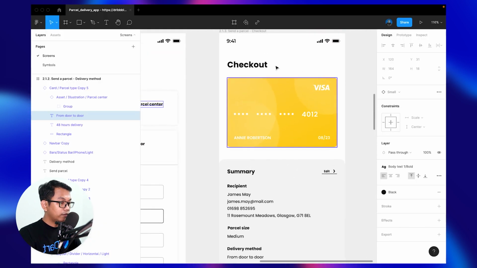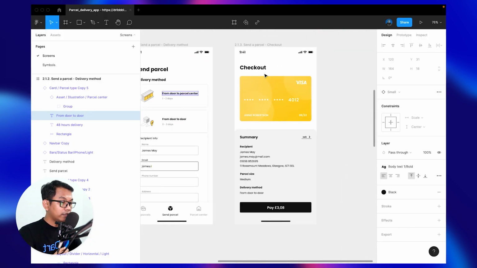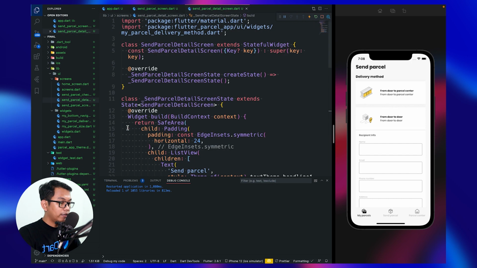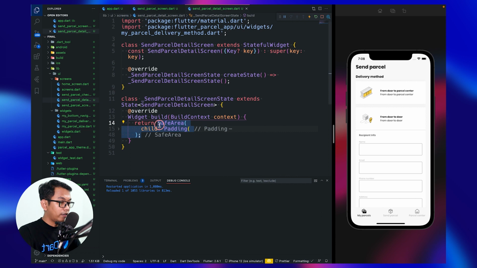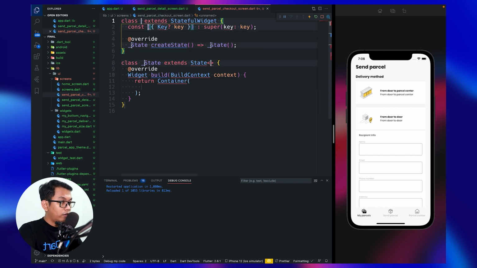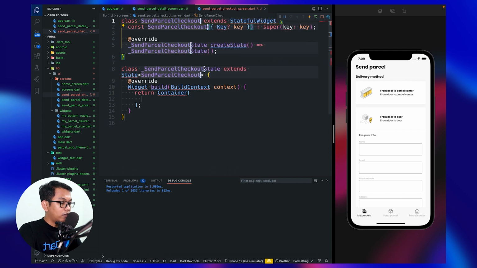And the last for this part is the checkout screen. So we go to checkout, send parcel checkout, and let's close another file, and we still need this SafeArea. We go to checkout, and we create a new file, new widget, which is we use StatefulWidget, and we name it SendParcelCheckoutScreen.